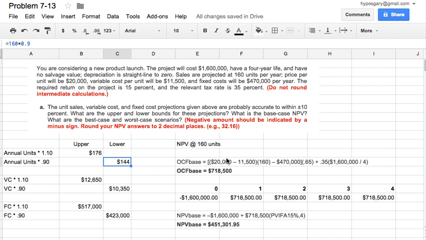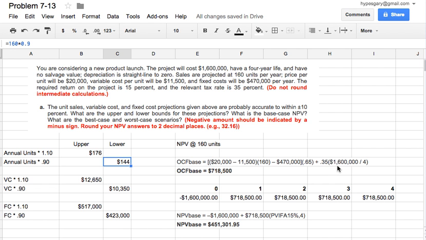What I've done here is I've taken and looked at the contribution margin for each. 20,000 minus 11,500 will give me the contribution margin times the 160 units base minus the fixed cost of 470,000 multiplied by the after-tax rate, 1 minus the 35%,